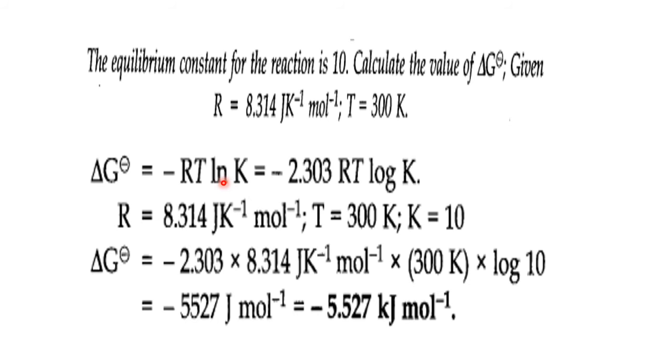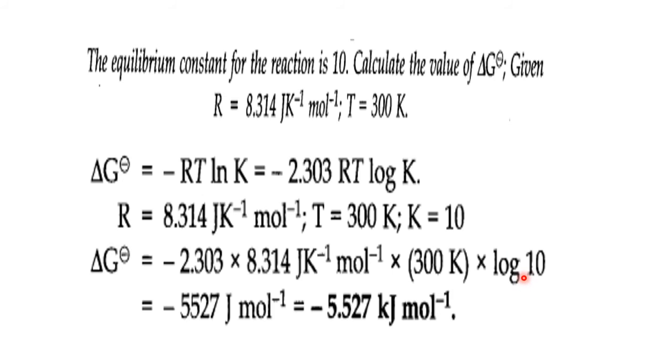Okay. Convert it to the normal logarithm. So for this, the converting factor is what? 2.303 RT log K. Okay. So the R value is given. T is also given, the temperature is 300 Kelvin, and the K value, everything is given here. Therefore, directly delta G equal to minus 2.303 into R value and corresponding temperature, log K. K equal to 10 here.